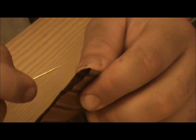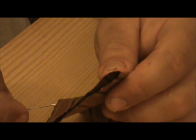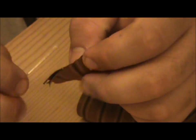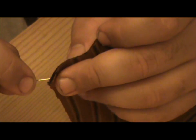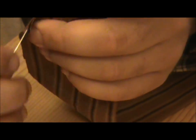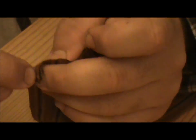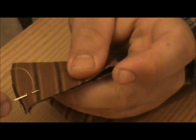Now, a lot of cuffs, like I said before in a previous video, you could actually have it where it's a different material on the inside, and if you're putting two different materials, just place one on top and then just go around. You can kind of figure that out yourself. But I'll just go ahead and start off once again doing a few stitches in one spot, like so,